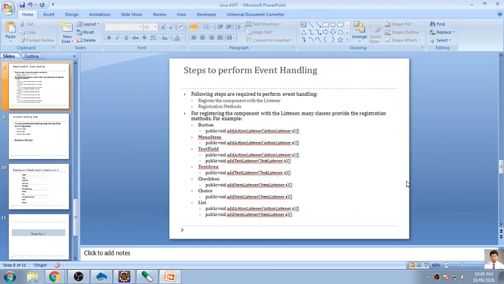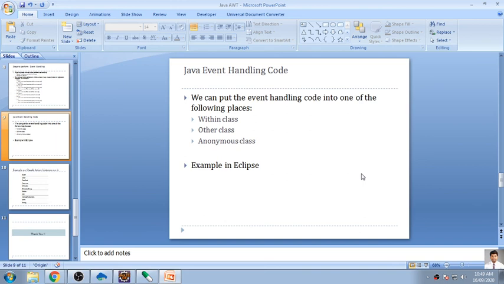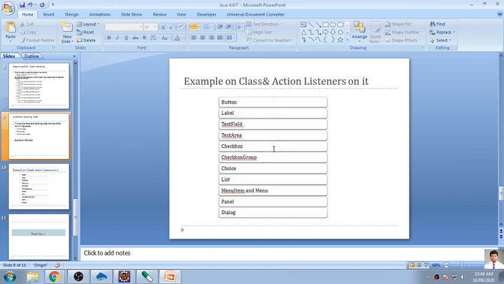Apart from that, we'll look in detail at how to write event handling code in three different ways, that is within a class, an outer class, and anonymous classes. So tomorrow's session will be dedicated to this.